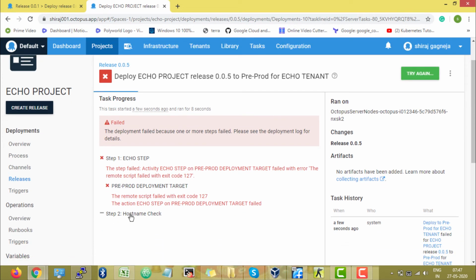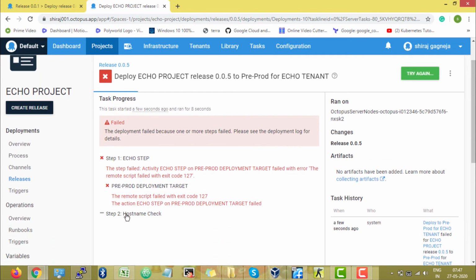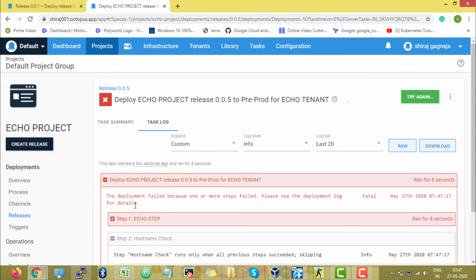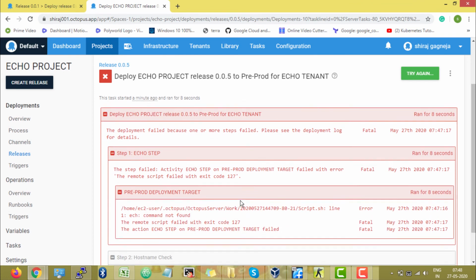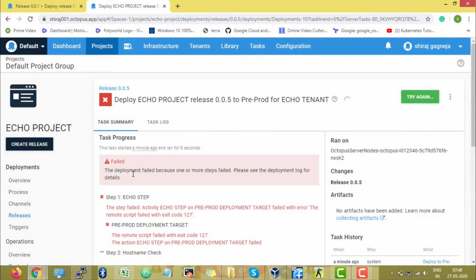The main thing I would like to show you is that once a particular step fails, all your next steps are going to be skipped, and they are not going to be triggered at any cost. As you can see, it's skipping over here because our first step failed. And another thing is you have a try again button over here if you want to try again